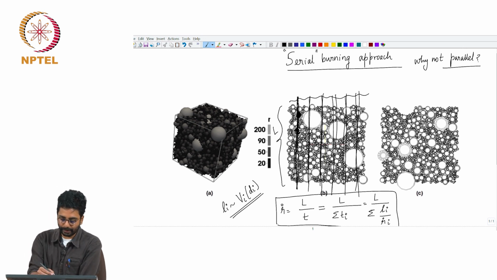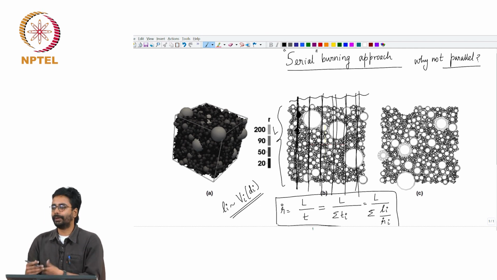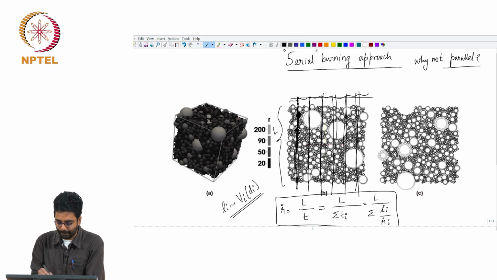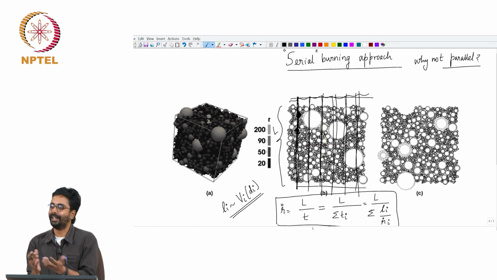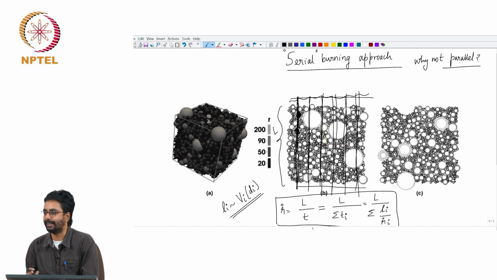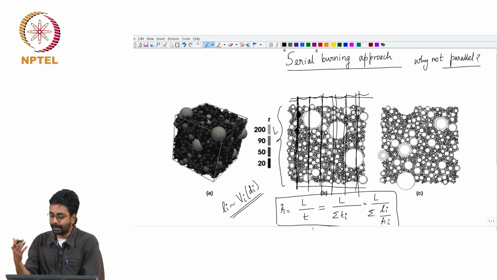Total time for a line, for the average line. You can do it in, see, because the way the averaging is done, if all the lines are of the same length, I can calculate the time for a large number of lines and then average it. Instead, what we are doing is we are calculating the average line and calculating the time for it. It's essentially the same. It is a sum of the times for different particles.